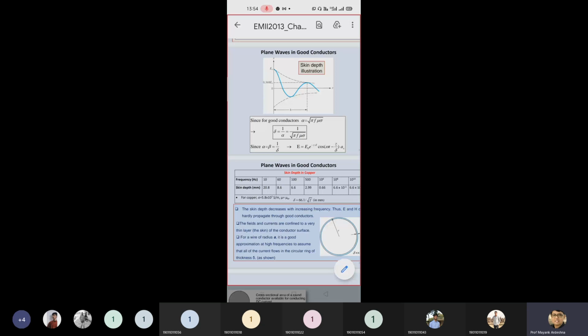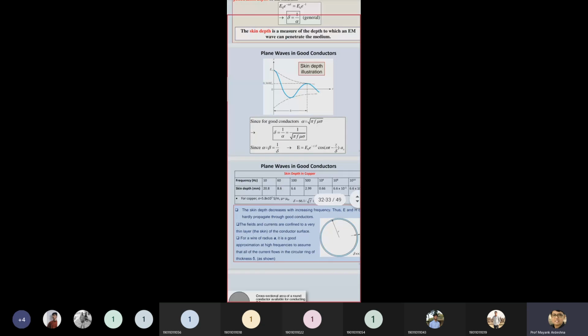It means that when increasing the frequency, your signal cannot go inside your conductor, because the depth of penetration is inversely proportional to your frequency. And from the mathematical formula, you can also verify that whenever you increase the frequency, at the same time your skin depth is decreasing. It means your current will just try to touch the conductor, but it does not penetrate inside your conductor.